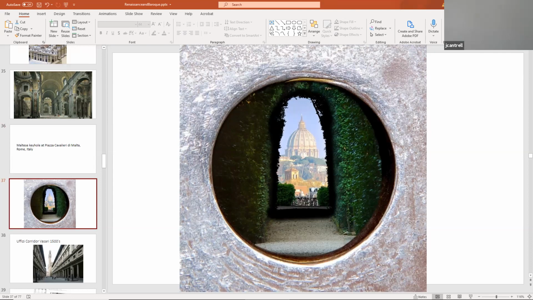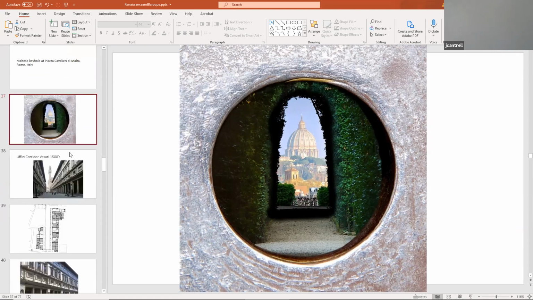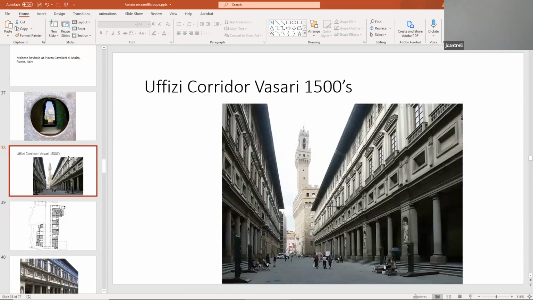Okay, so we're going to move on to some other architects. I think we've briefly seen Andrea Palladio, a Renaissance architect of the 1560s. He's remarkable. I want to show you something we probably haven't touched on for a while, but we're going to be looking at Vasari. Giorgio Vasari was an unbelievable writer. If you watched or listened to my lecture several months ago about the literature of classical architecture, Vasari was really the father of modern art.